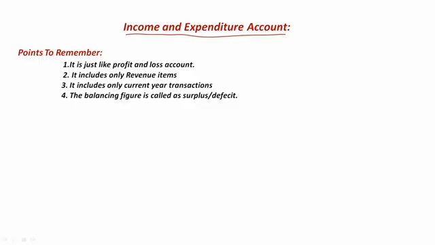But in this chapter, accounting for not for profit organization, adjustments are very important. So we will learn how to prepare this type of account with adjustments, right? So quickly revise the topic first. Basically, income and expenditure account is prepared to find out the surplus or deficit that the NPO, the non-profit organization, has got during the year.